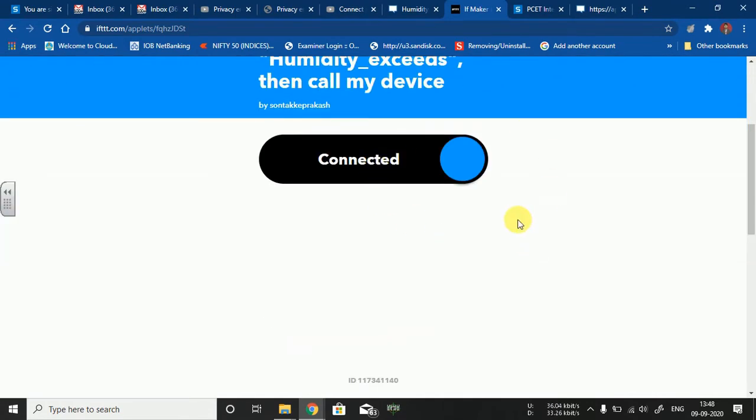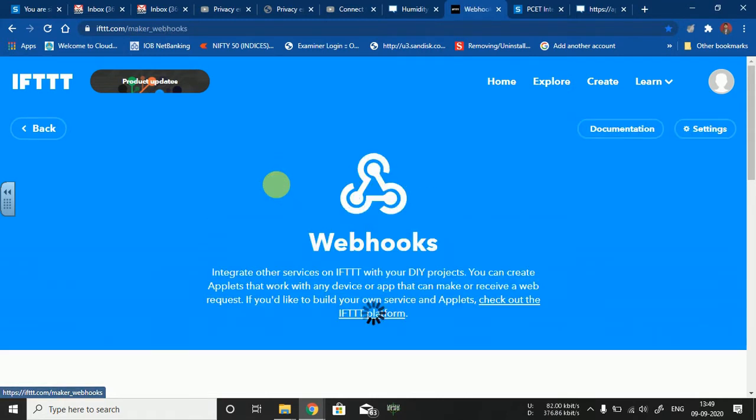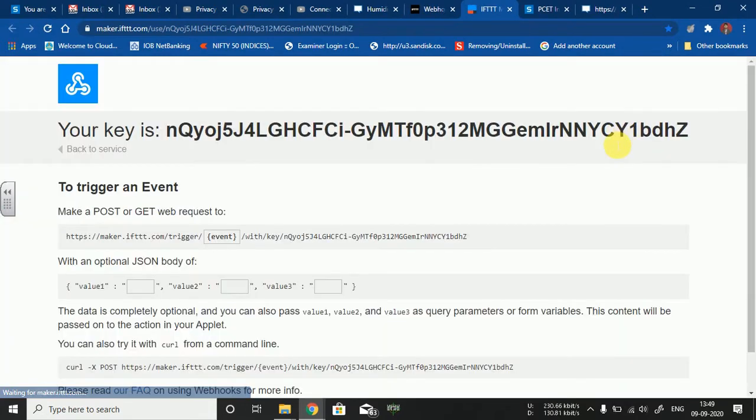Once you have created this particular applet, now you need to go to this webhook application. Under this webhooks, you need to go to the documentation, and under the documentation, to get the trigger from the event, you need to copy this particular URL, which is unique in nature, but here you need to provide the name of that event.